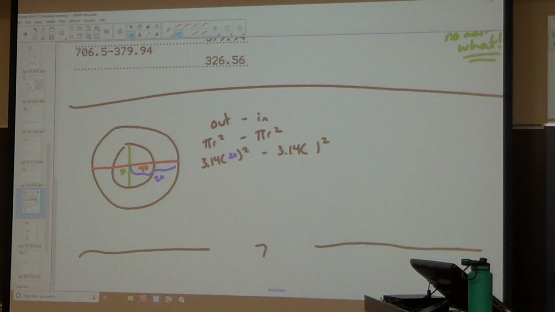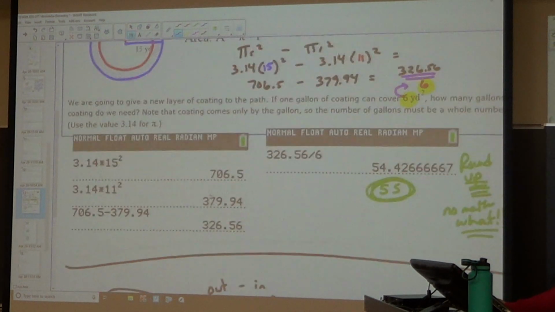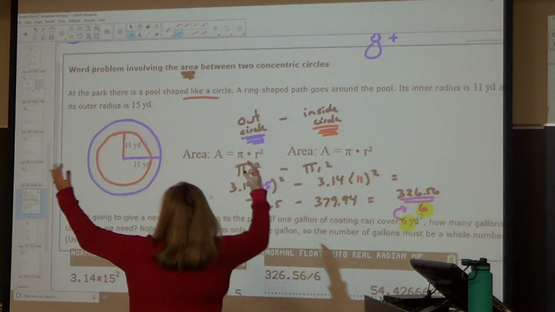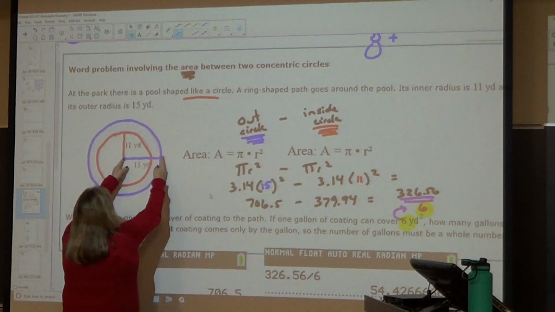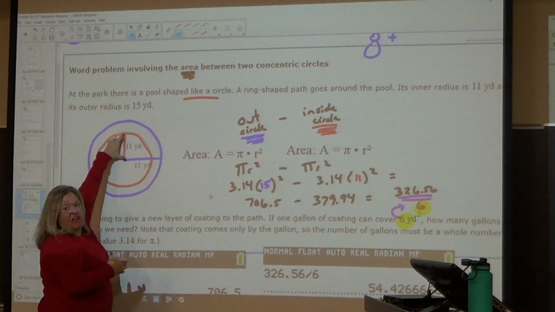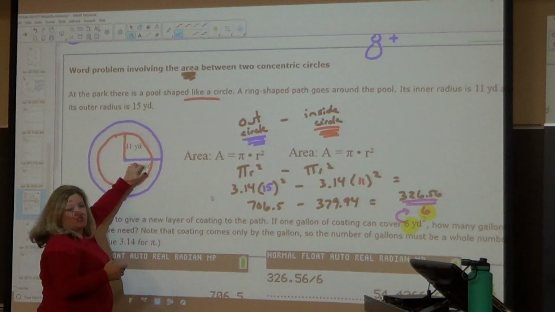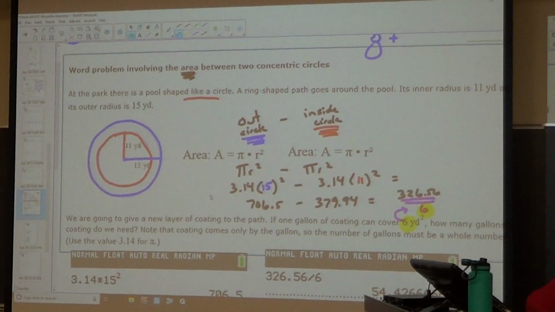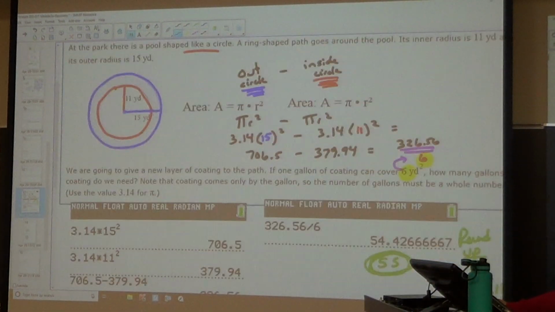Okay, let me show you this first one. Let me go back to this one. For the outside, for the blue circle, do you see that I gave you the radius? And for the red circle, do you see that I gave you the radius? That's why we just use those numbers. Radius is halfway across. Now, if we scroll down,